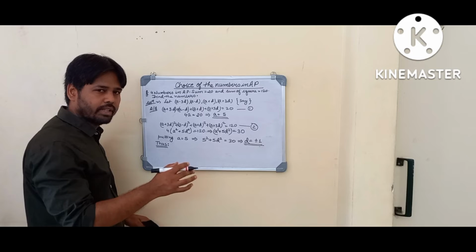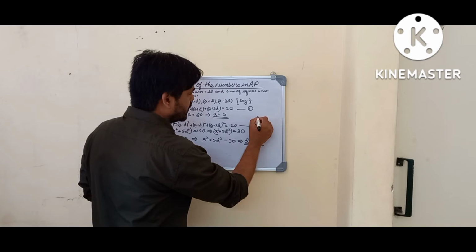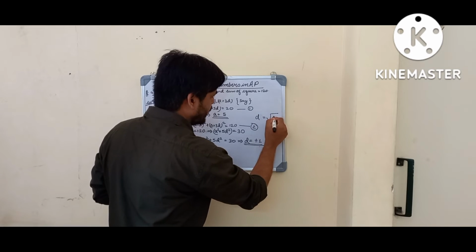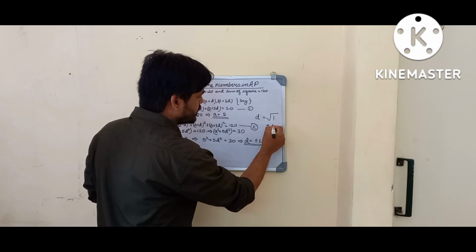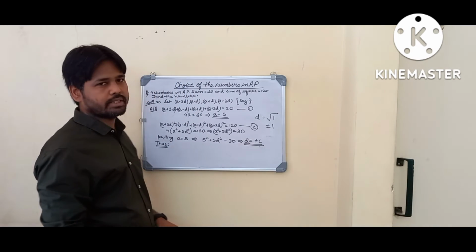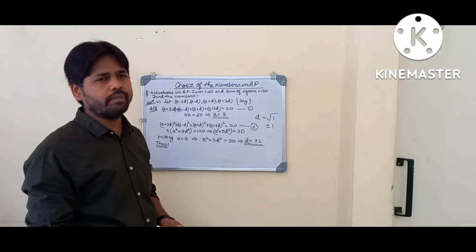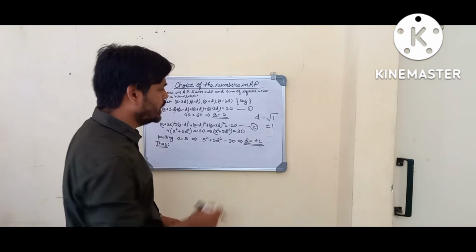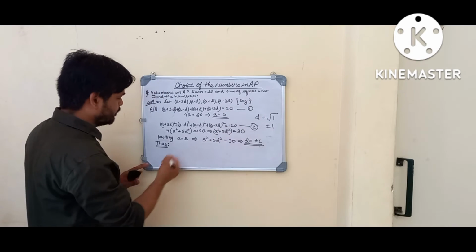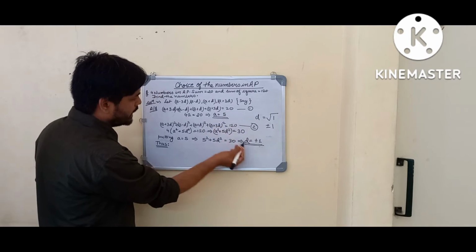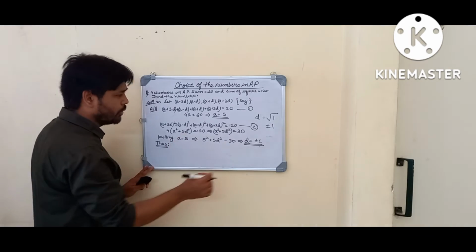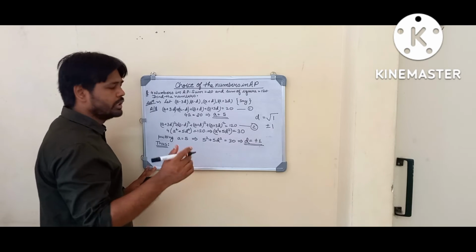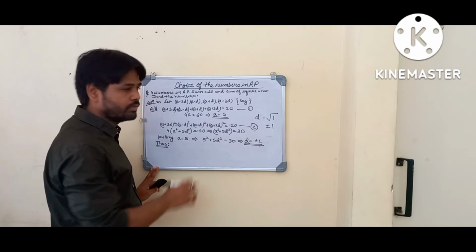Why have we got plus minus 1? Because whenever we take the square root of any value, we are supposed to consider both the signs, positive as well as negative. Remember the quadratic equation, where we talked in detail about roots and square roots. Now since we have both the values A and D, and two different values for the common difference, plus 1 and minus 1, there are two possibilities for the existence of this AP.